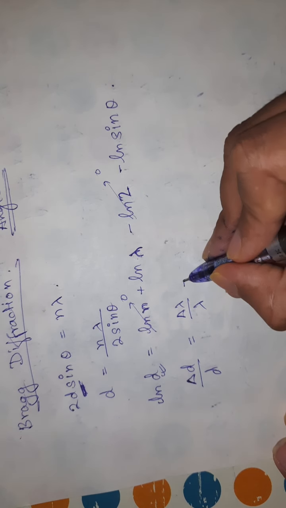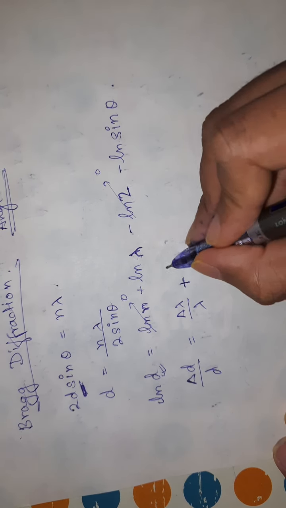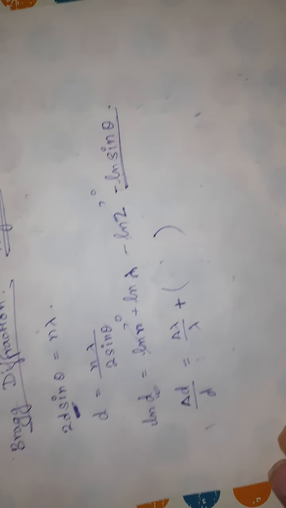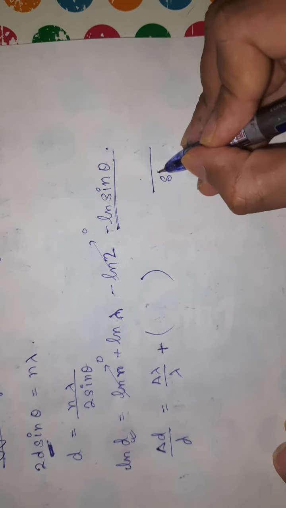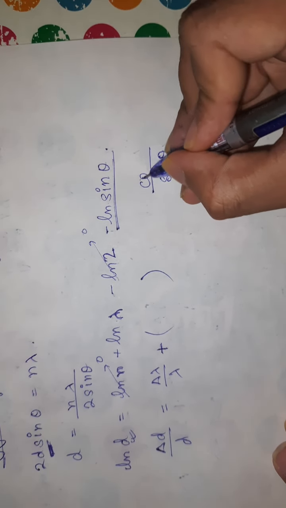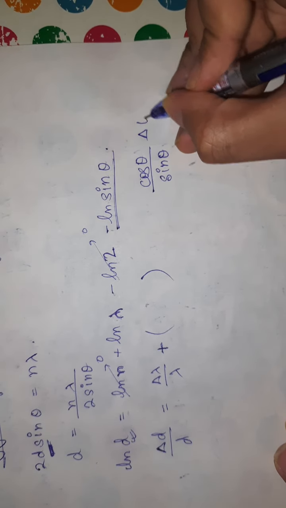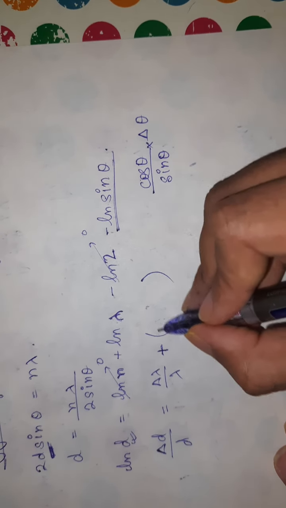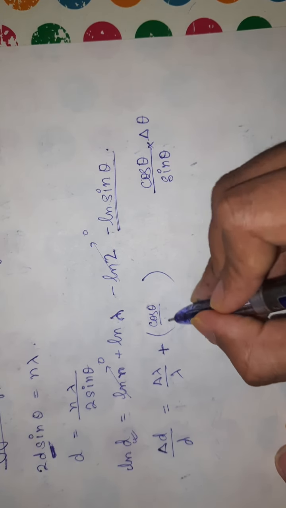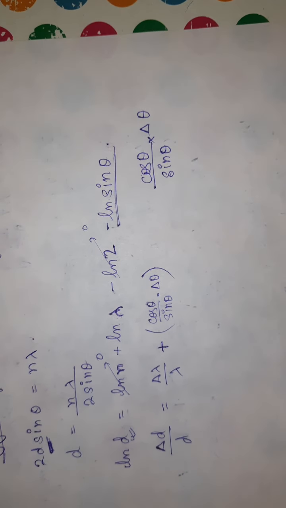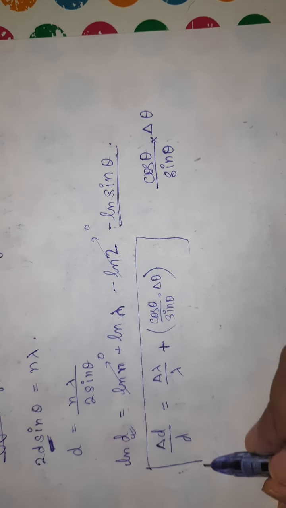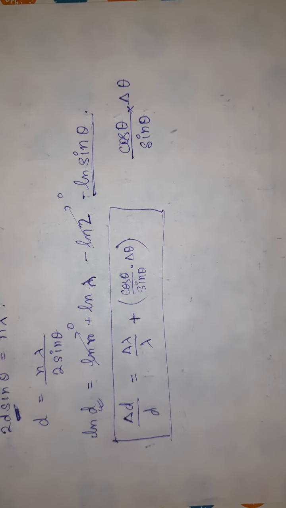So we are left with another term, which is also in addition, the differentiation of log of sine theta. Now what is the differentiation of log of sine theta? It is sine theta in the denominator, and in the numerator you get cos theta, and in multiplication you get delta theta. So plus cos theta by sine theta into delta theta. Okay, so this is the normal relative error that we got, but we have to get the original value, I mean the uncertainty of this error. We have to get the better error.